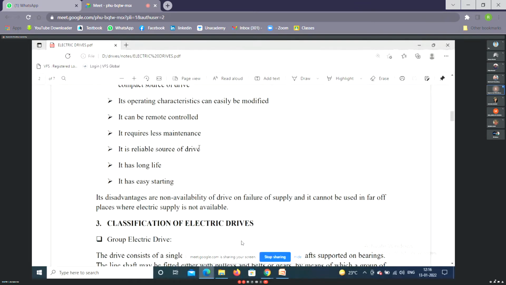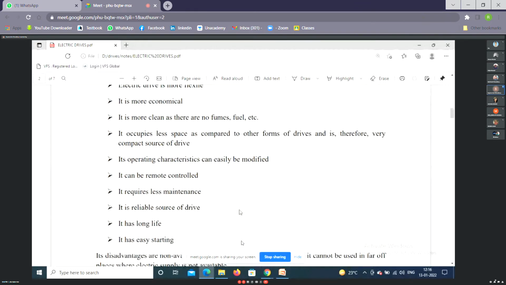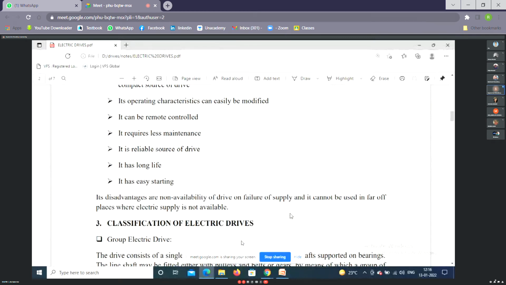For example, electric drives do not have any warm-up time. Say for traction drives, when electric motors were not used, we had coal-fired engines. Now that steam engine has a warm-up time of around 2 hours, because the boiler will take a certain time to create the steam to propel the engine. So that warm-up time is absent in the case of electric vehicles.